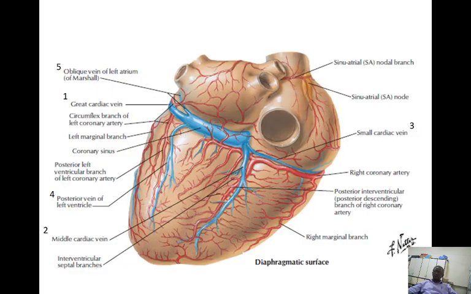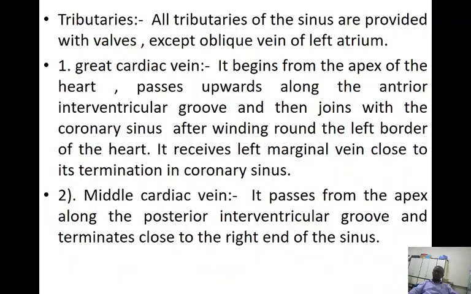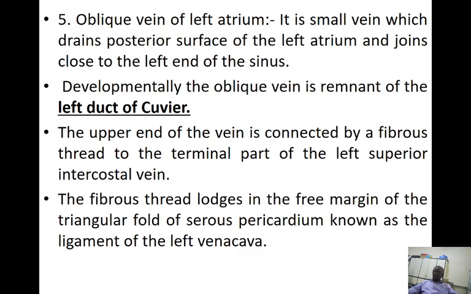So here we are showing this. This is the oblique vein of left atrium draining the posterior part of the left atrium and joining the coronary sinus. Developmentally, it is the remnant of the left duct of Cuvier. The upper end of the vein is connected by a fibrous thread to the terminal part of the left superior intercostal vein. The fibrous thread lodges in the free margin of the triangular fold of serous pericardium, known as the ligament